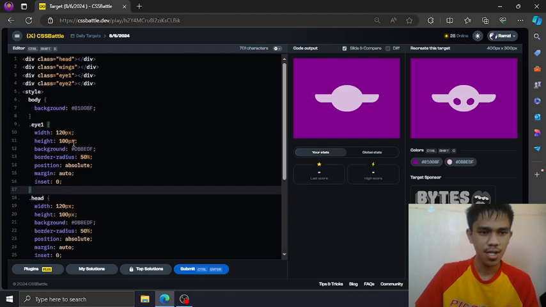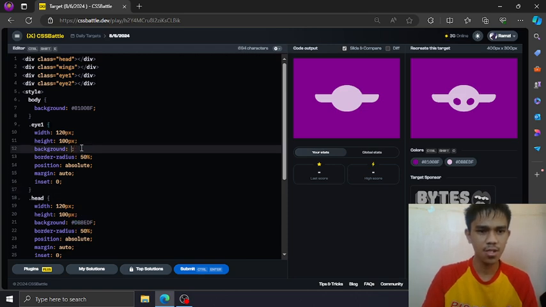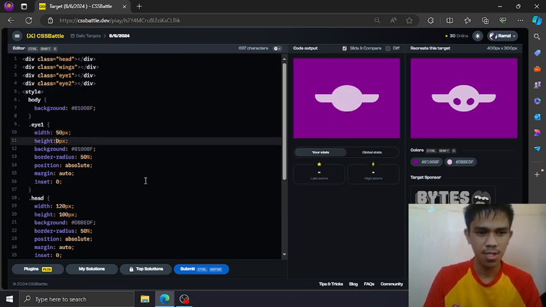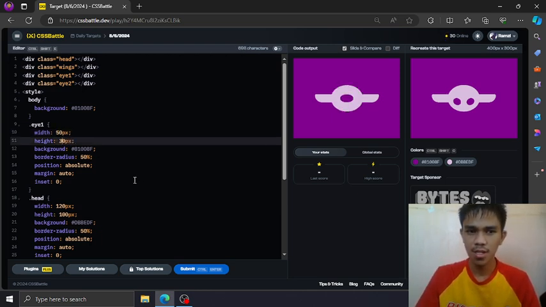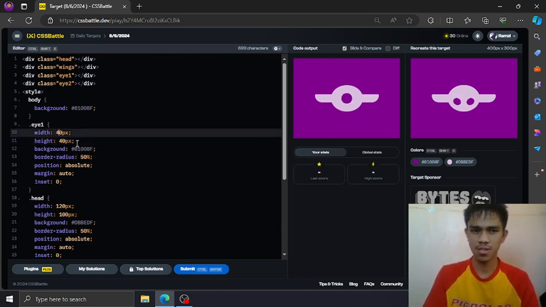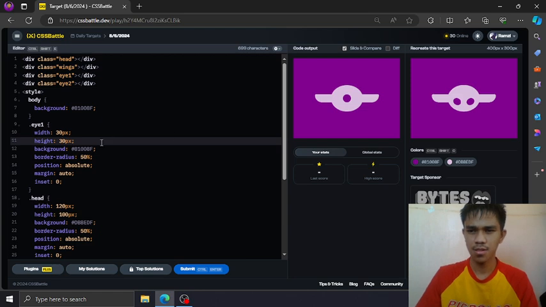Now the color of the eye is the color of the background, this purple shade here. Then reduce the size, so maybe 60, 50, and this is 30. For now, let's create a perfect circle, similar size, height, and width.